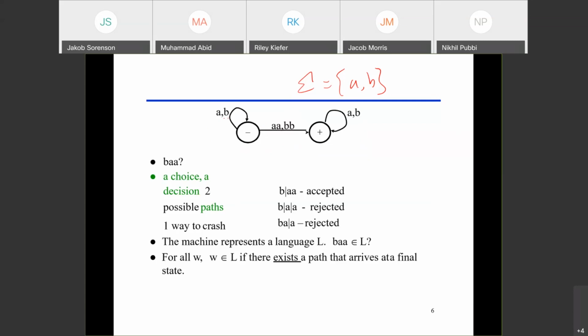Okay. Now, if I just pass one word, B and A, where B is one input and A is another input, I have a question for Nabhan Aziz: will this word be accepted or will this word be rejected?